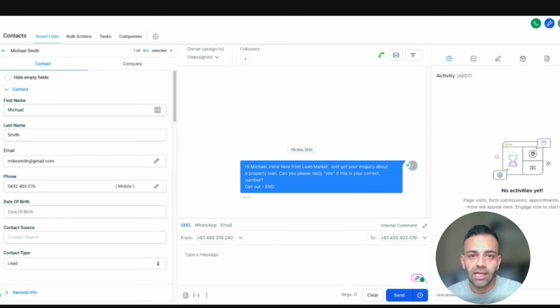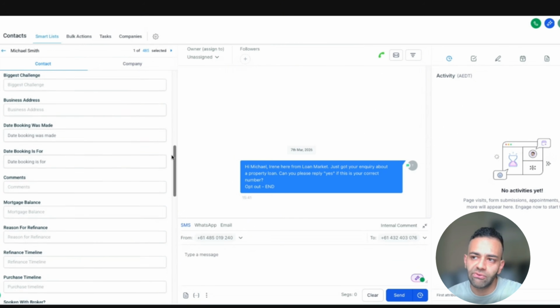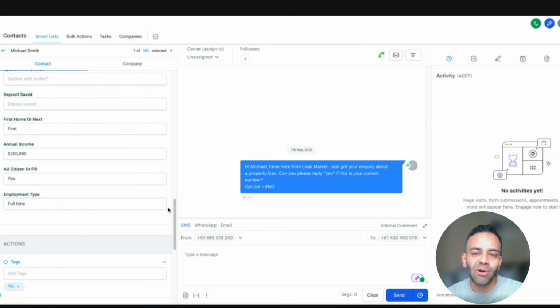Okay, so as we can see here in this example, we've got Michael Smith, who's gone through our qualification funnel, and he's a first home buyer who's already answered a few questions on the front end. Okay, so he's seen the ad, whether that be on YouTube, on TikTok, or somewhere on Meta. He's clicked through on the ad and he's gone through the quiz. He's answered about 15 questions. In this specific example, I've only got 4 questions here just to sort of speed up the process of explanation.